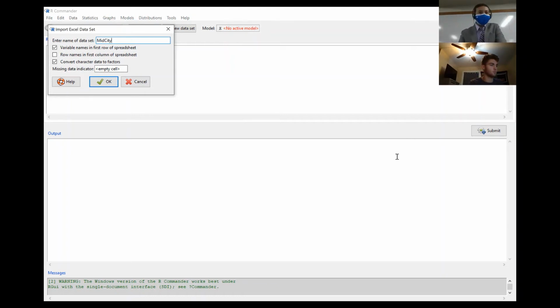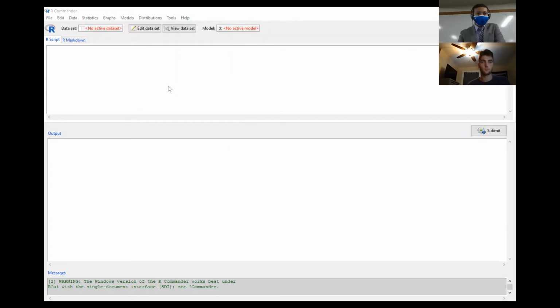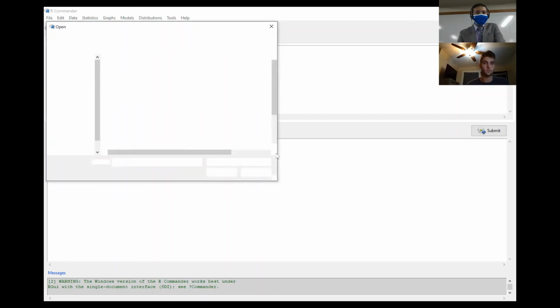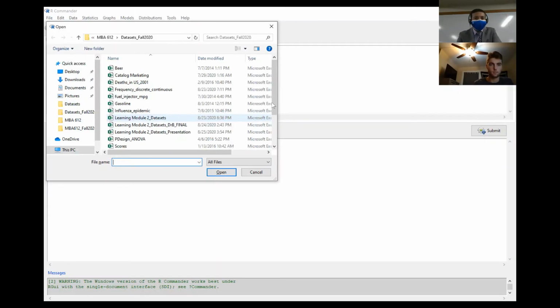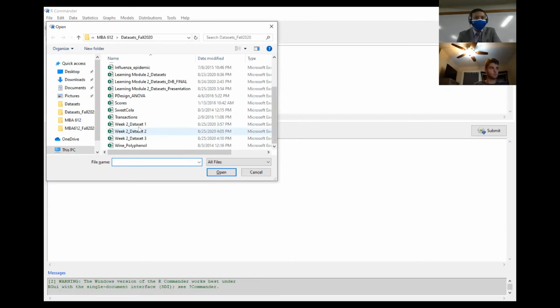costs. So variable names in first row, yes. Character data to factors, yes. Hit OK, and it will now ask me which data set I want to build from. I'm going to choose the first data set. I'll double click on that. And